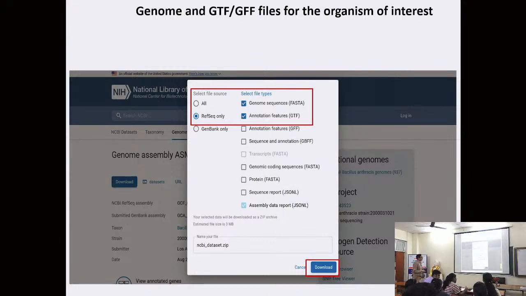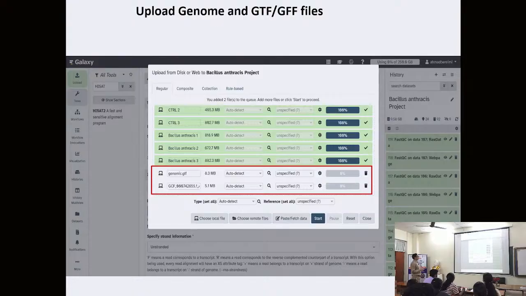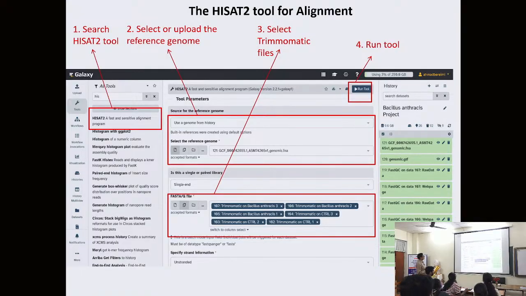Okay. So next, you have to upload the genome and GTF file. You will click on upload and upload the genome and GTF file. GTF is the annotation file, which is shown here. I think the resolution is a bit bad, but I think it's okay. So once you have done it,